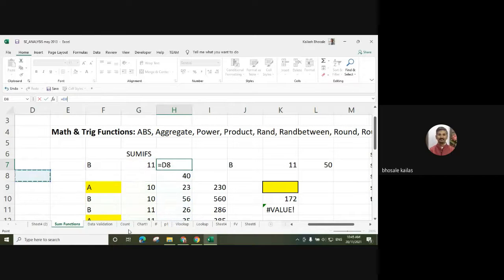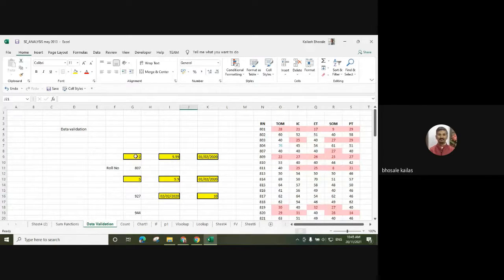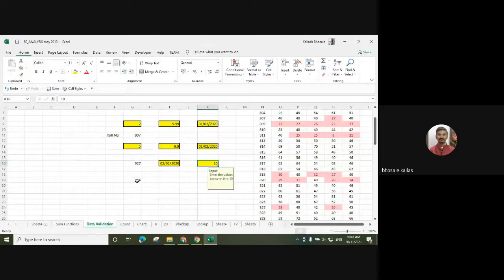Next we'll see data validation. Suppose we are having some data and we want to find out some marks.